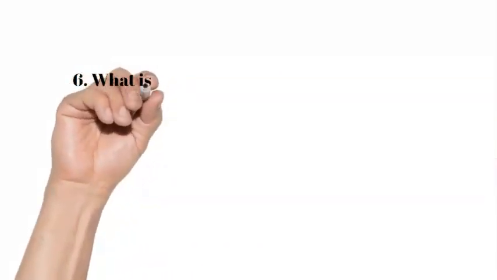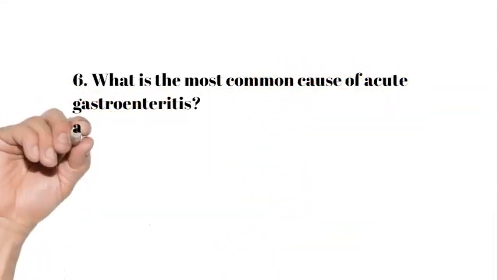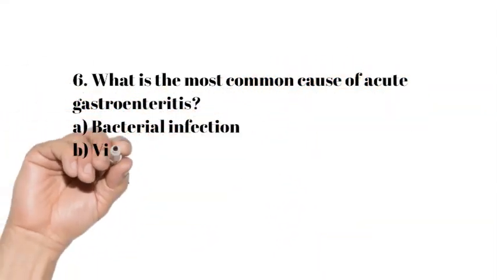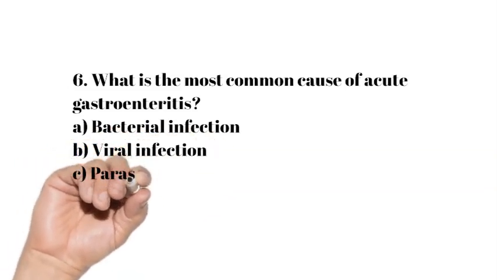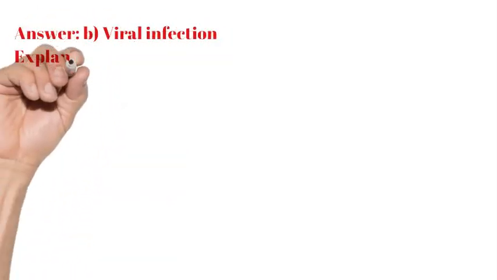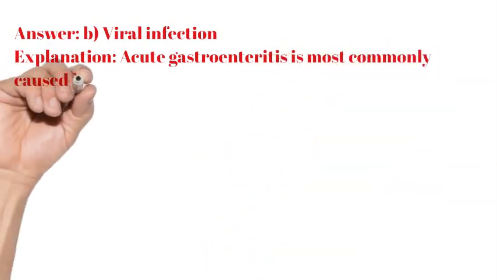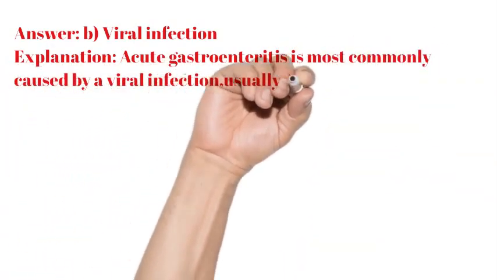6. What is the most common cause of acute gastroenteritis? A. Bacterial infection. B. Viral infection. C. Parasitic infection. D. Fungal infection. Answer: B. Viral infection. Explanation: Acute gastroenteritis is most commonly caused by a viral infection, usually from the norovirus or